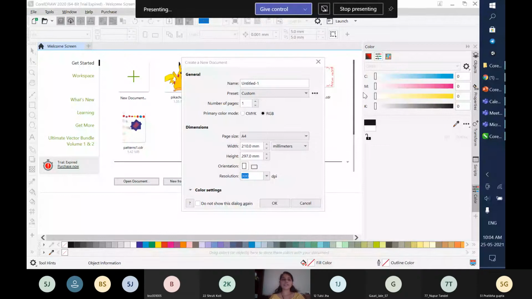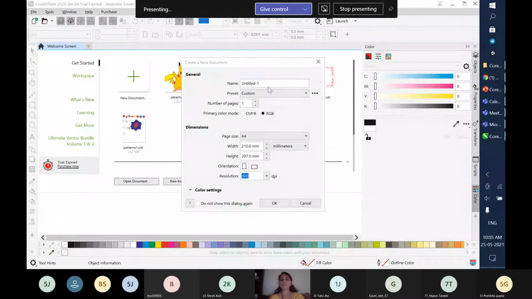So when you open Corel Draw, this is the window which you're going to see. When you click on Get Started, remember this panel, Get Started, workspace is there. Like all other IDEs, Integrated Development Environments, you have to click on plus in order to open a new document. Whenever we click on plus, we are able to see this page.